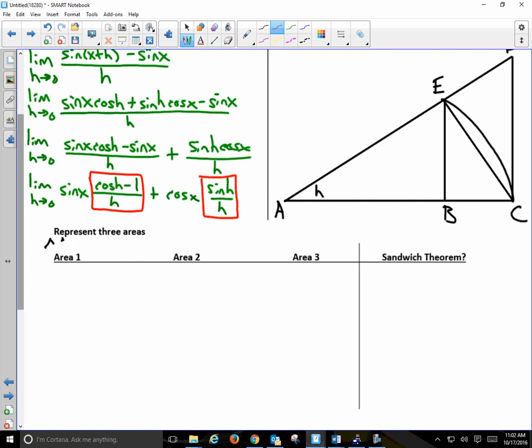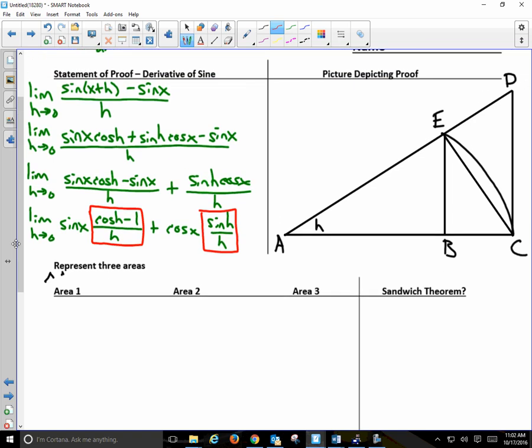Since it involves cosine and sine, let's make a triangle. Hey, good thing we already did. We'll call the angle of that triangle